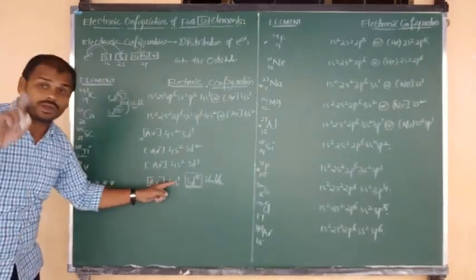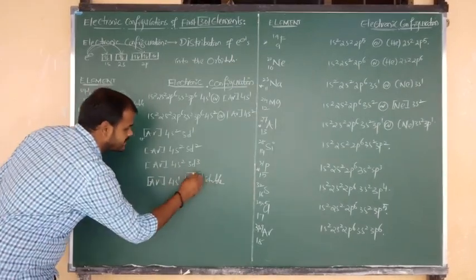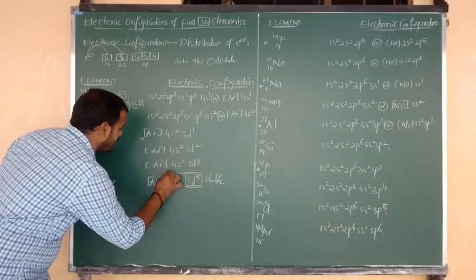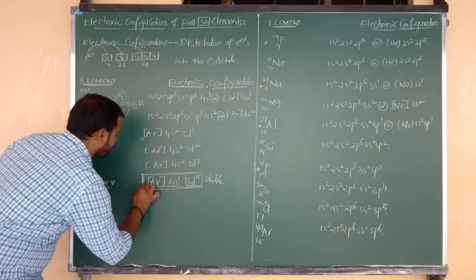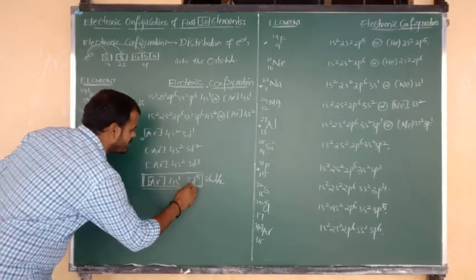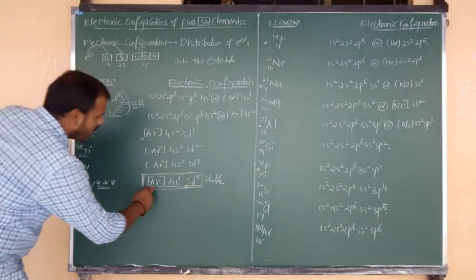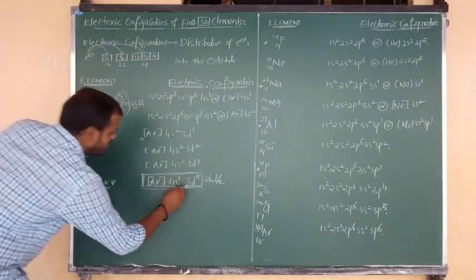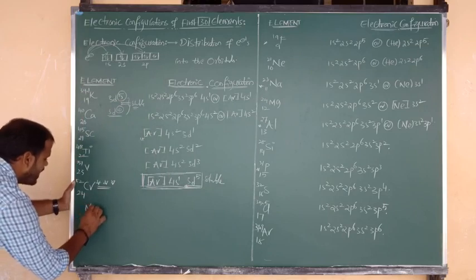So try to remember the electronic configuration of chromium, beta. Argon 4s2 3d4 is not possible; argon 4s1 3d5 is the stable half-filled configuration. So this is very important, beta. Chromium is ultimately important. Argon 4s1 3d5, like that you have to write the answer. Very, very important. Okay, good. Argon 4s1 3d5 is the electronic configuration of what? Chromium.